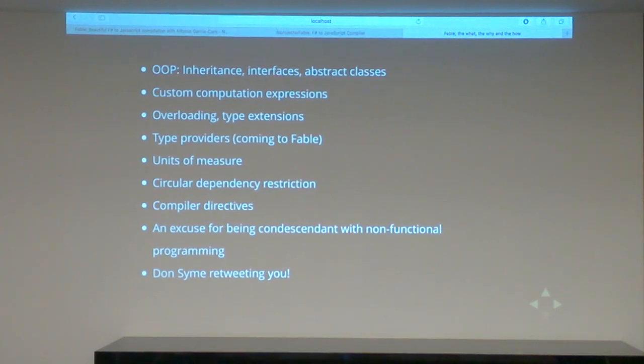I think it's very important that if we use functional programming, we have the perfect excuse to be condescending to other non-functional programmers. And also, if you do anything with F#, you'll notice that if you tweet about it, those folks will retweet it. So I think it's a very important feature of using F#. But there is also one more. There is a killer feature, which is